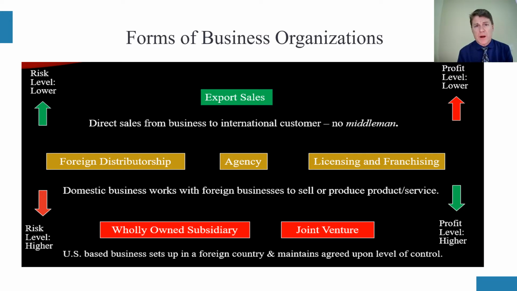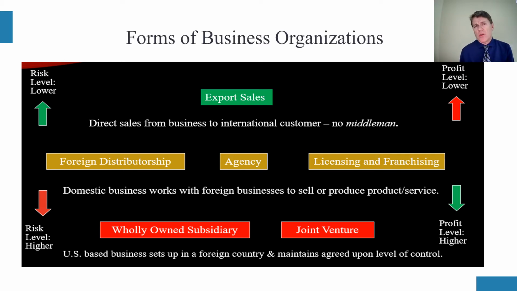The final level, which is at the bottom of this slide, is the greatest level of entrenchment for a company when they're going overseas to do business. That's where you're either creating a wholly owned subsidiary, or you're going into what's called a joint venture. Different countries have different policies when it comes to foreign entities coming into their country to set up shop. Some countries are okay with you coming in, buying land, and either constructing a building or buying an existing structure and then opening your business. Some countries are very amenable or open to that.